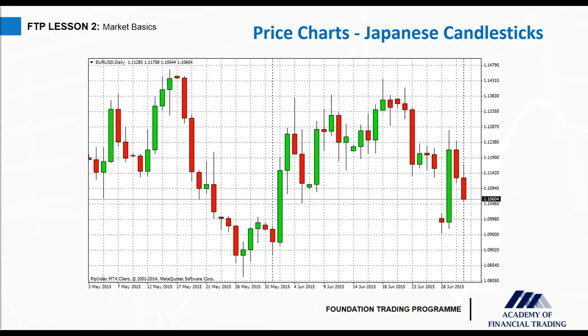Okay, exactly. Different people choosing to use the different amount of decimal points. Exactly, it's 1.10604 because we can see at the bottom the 28th of June, we can see the cutoff point for that. It's clear when it moved into the next month. There was a bit of a drop. We can see that it was a red candlestick at the start of the day. It opened at about just below 1.11, and we can see at the end of the day it closed at